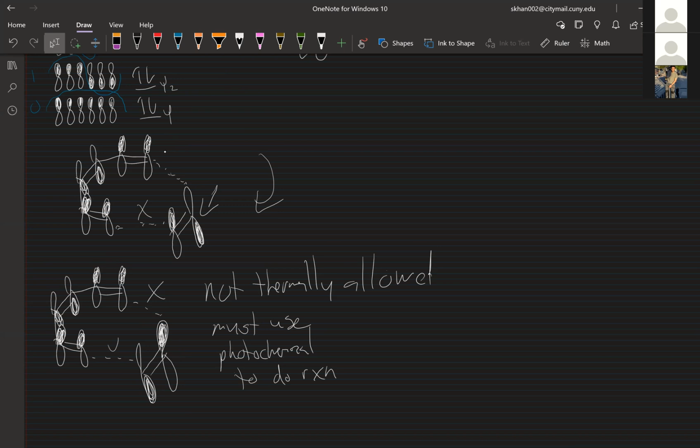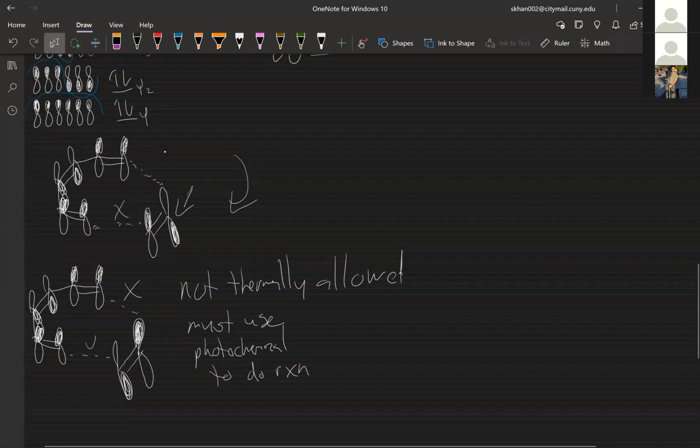So if they match as is, nothing is excited here. Everything is in its ground state. Everything in its ground state is thermally allowed, which makes the reaction good because all you need to do is heat it up and boom, you'll get a product. But if it's not thermally allowed, the way you could kind of get past this,